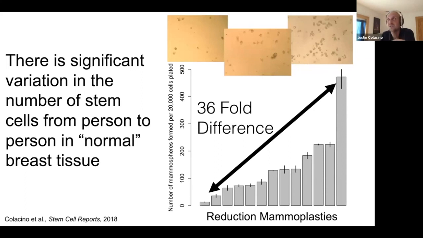And what we were seeing in normal women is this massive variance in the number of stem cells from individual to individual. Maybe some of you have seen these controversial Vogelstein papers in Science where they talk about the number of stem cells and stem cell proliferation as a major driver of risk. But here you see these differences between individuals, and it really makes us wonder, why are there such big differences? So our lab is really interested in trying to understand this heterogeneity in stem cells